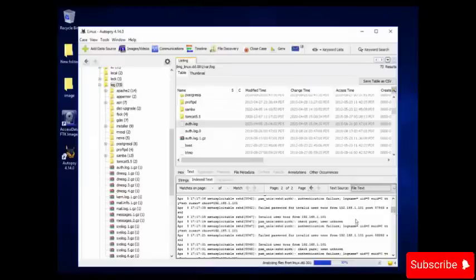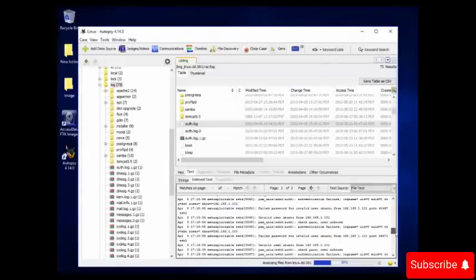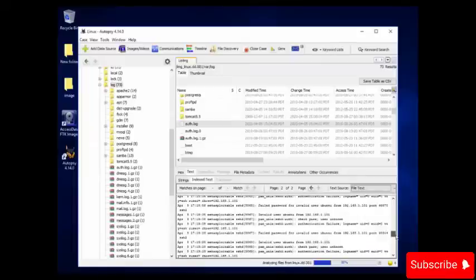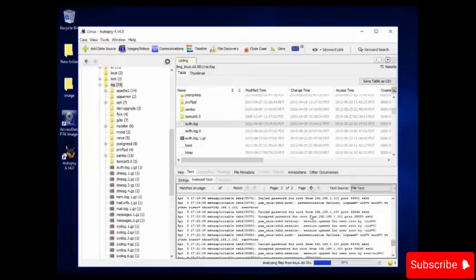Here you can see that many attempts were made to log in with the Ubuntu user or the TWR user. So you can see it says authentication failure. So someone has tried to crack the root password as well. Okay, UID 0 is for root, then failed password for invalid user, that is TWR, the reverse of root. So you can read the logs. Again, authentication failure, invalid user. So many attempts were made. It was like someone has tried a brute force attack. And you can see it says failed password for root.